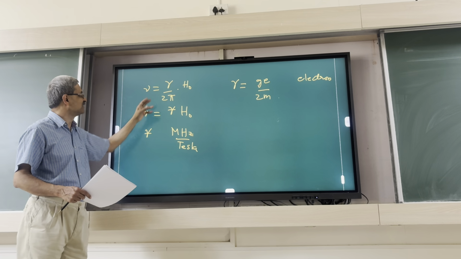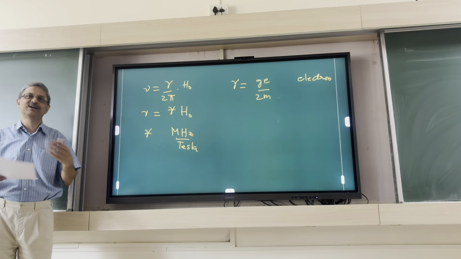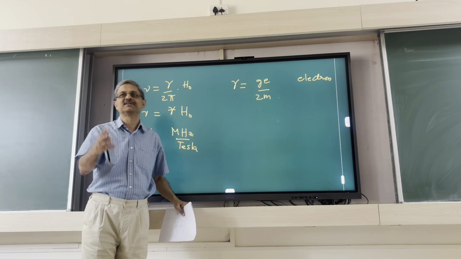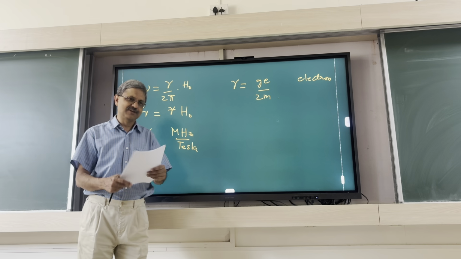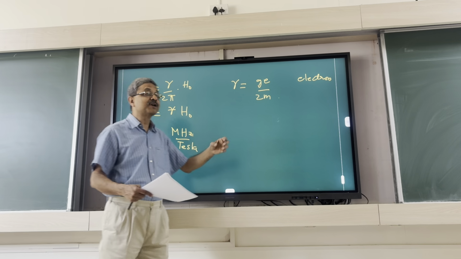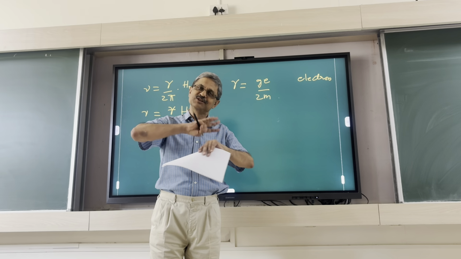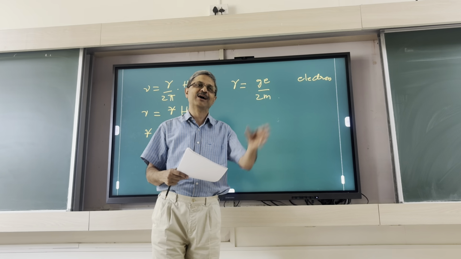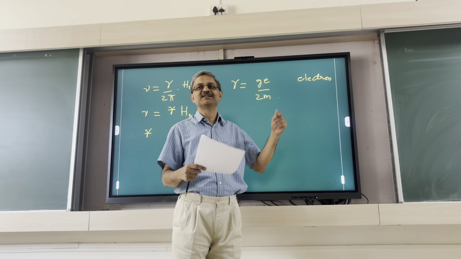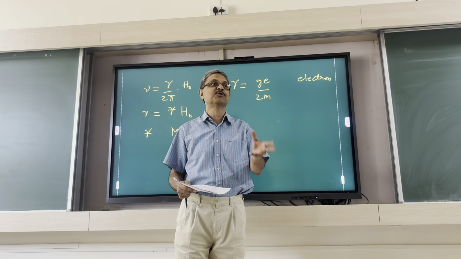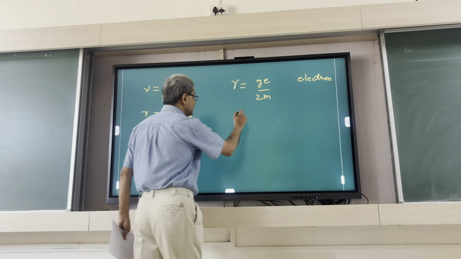So the resonance condition for different nuclei is going to be different. One needs a list of gamma values for various nuclei. All that research about what the magnetic moment is for a particular nucleus has luckily been done, and you have an available table of the gyromagnetic ratio of yttrium and copper. Again, you might have different isotopes. For example, copper